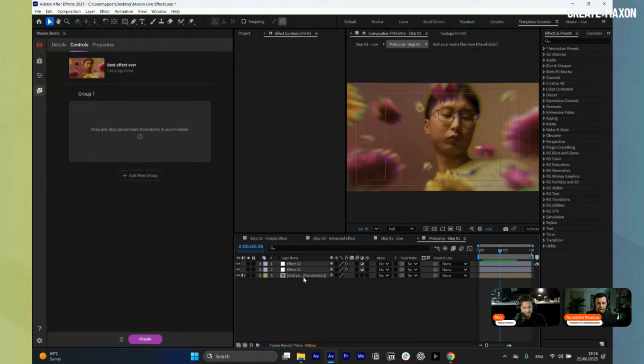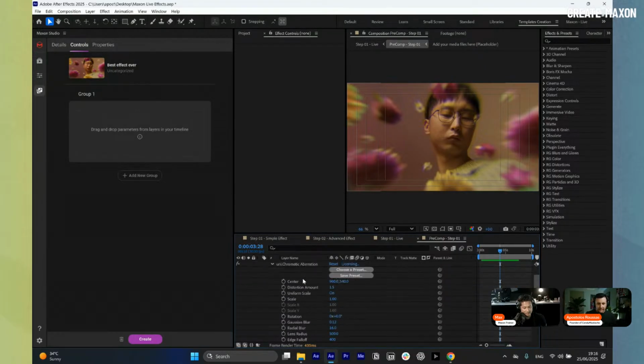Into the controls, we can control everything. Every single parameter of those effects, we can drag and drop inside Maxon Studio, and we can adjust them. And of course, if we want to add boundaries and a safe space, a sandbox for the end user, we can just choose which effects we're going to include